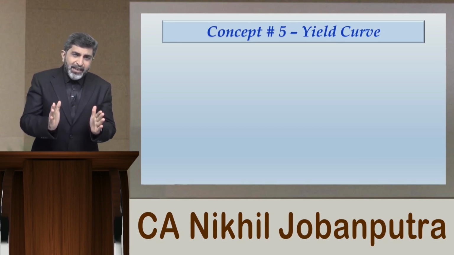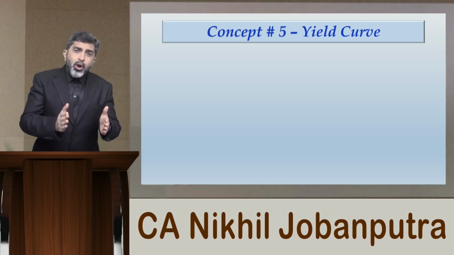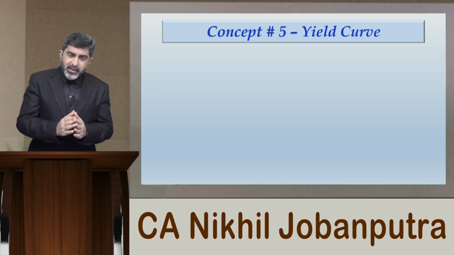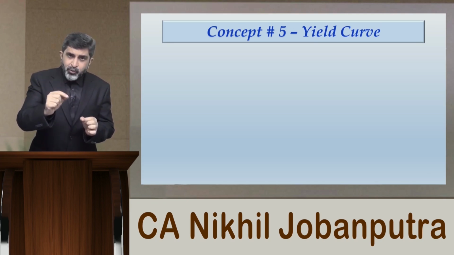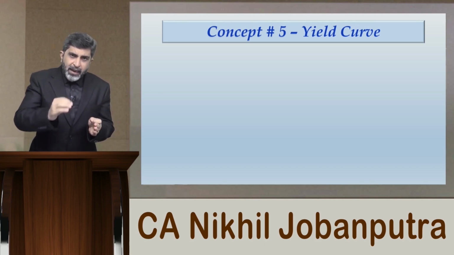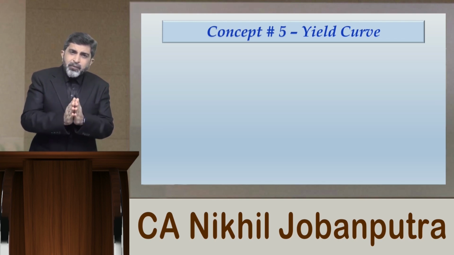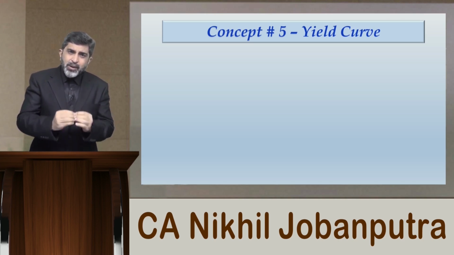So this has an interrelationship with the bonds market, the so-called fixed income securities. Imagine an investor has invested in the debt market, as I explained at the early part of the derivatives chapter, when I explained the role of financial markets. The debt market or bond market is a market where you invest on a long term and you generally invest at a fixed rate. So for example, you have purchased a 10-year government bond.